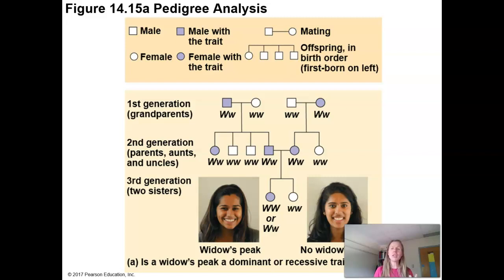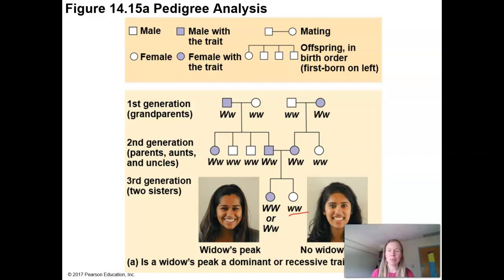So in humans, we tend to make pedigrees. We don't tend to do breeding experiments where we purposefully cross individuals to see what will happen in the offspring, but instead we kind of think backwards, right? And so you can try this with your family if you want to look back and find pictures. Who has a widow's peak, right? Does your hair come down into this little point or not? One thing I will point out here is that notice that having no widow's peak, so kind of like a flat hairline, is recessive.